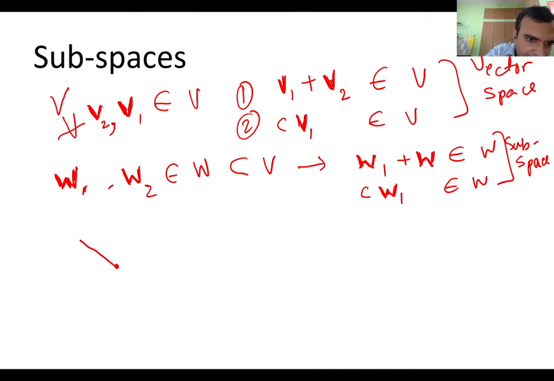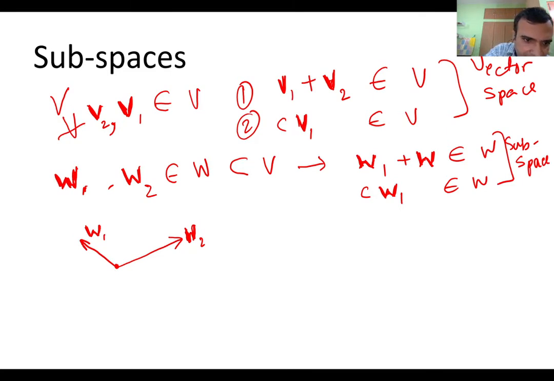Then I have a vector w1, and I have another vector w2. Here I can only draw two dimensions, but let's say there's a third. This may not be axis aligned. Whenever you have two vectors starting from the origin, you can always orient the plane of your screen so that it passes through the origin. You can move your screen around, tilt it and rotate it until it contains the plane, or the hyperplane, containing w1 and w2.